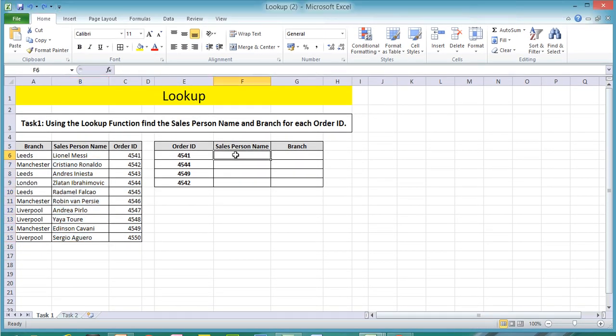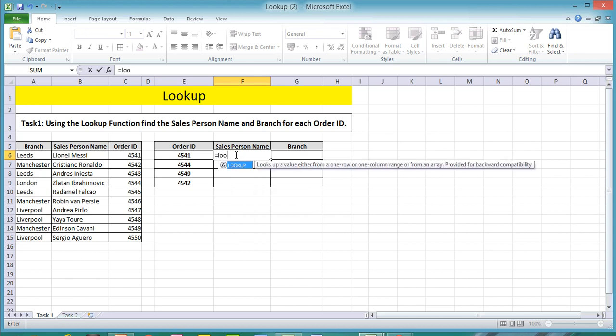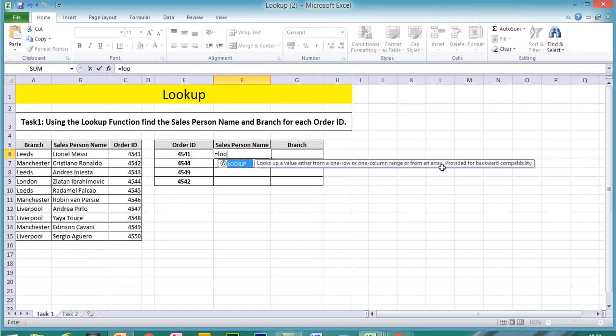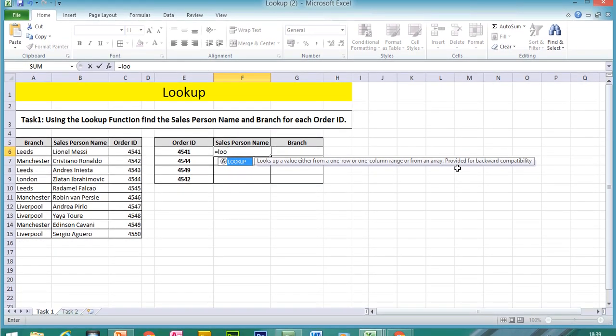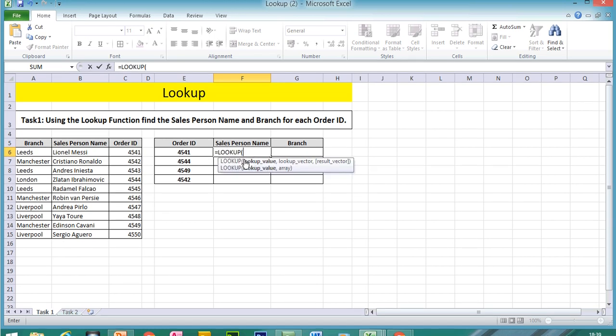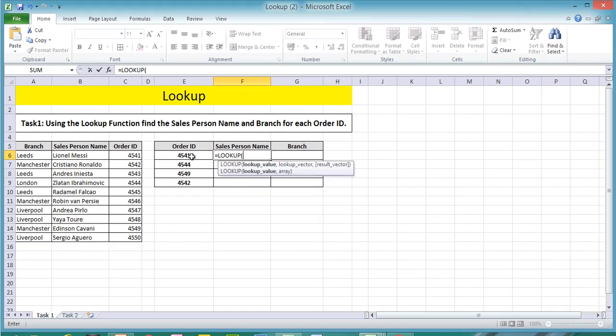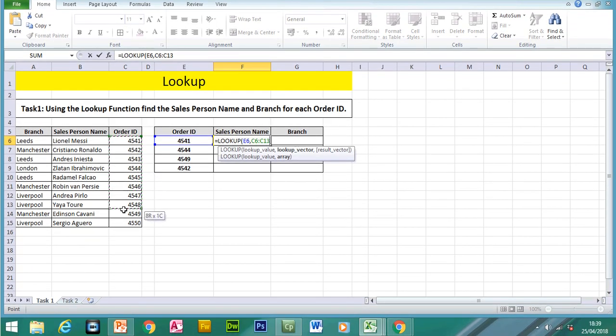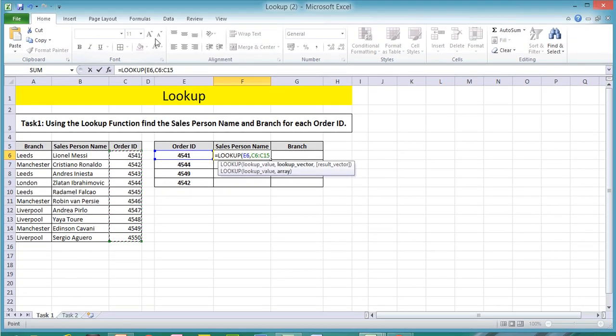So let's do the actual formula. This time it's going to be lookup. It looks up a value either from one row or one column range or from an array, provided for backward compatibility. So if I click on lookup, the lookup value will be the order ID, comma, the lookup vector will be where the order ID will be. So it will be within this range here. Let me lock this in because it's going to be replicated,